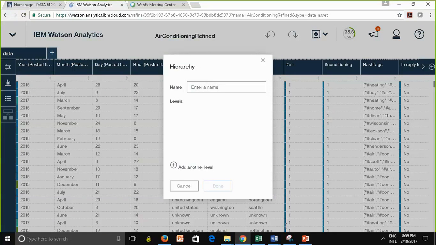Okay? And I think sometimes it has to do with what's running on your laptop at the same time. So that's possible. And now I'm going to add levels. And the level in this case is going to be country is my level, city is my level, and so on. Okay, since it's taking a little bit of time to respond,